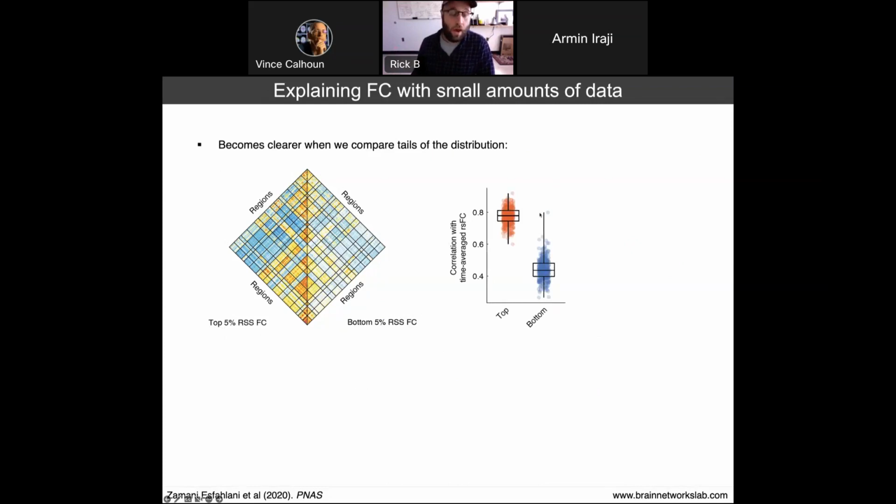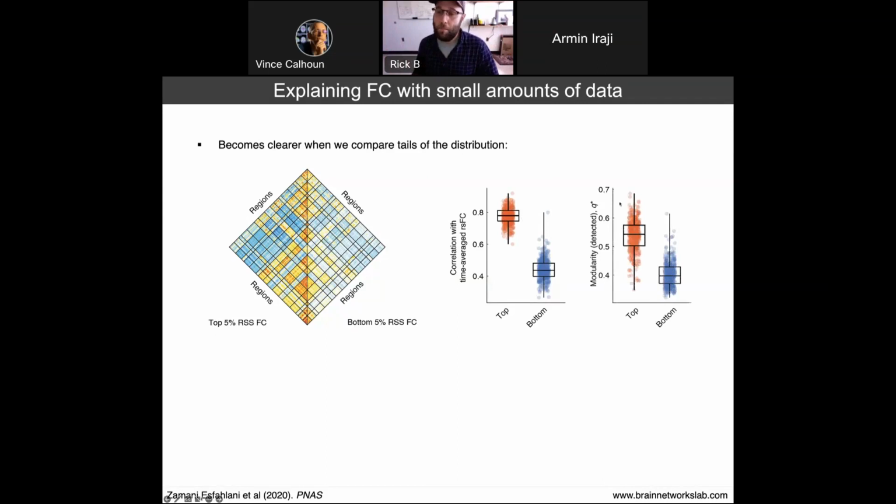And we observed that even with 5% of the frames, a very small number, the high amplitude frames were highly correlated with static functional connectivity, whereas the low amplitude frames, not that they weren't, but they explained much less variance, suggesting to us that these high amplitude frames contribute disproportionately in shaping that static functional connectivity. And in some ways it must be, because remember, correlations are the sum of co-fluctuation time series. So if there are frames that have very high amplitude co-fluctuations, they necessarily contribute more.